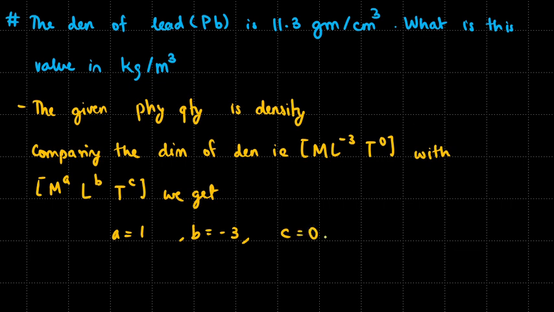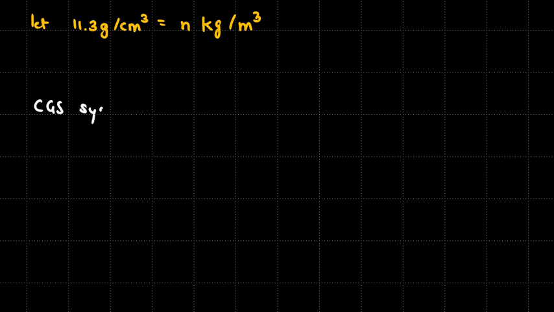So now let 11.3 gram per centimeter cube equal n kilograms per meter cubed. So now let's write it in MKS and CGS system. Since we are given in CGS and we have to convert it to MKS, let's write CGS system over here and MKS